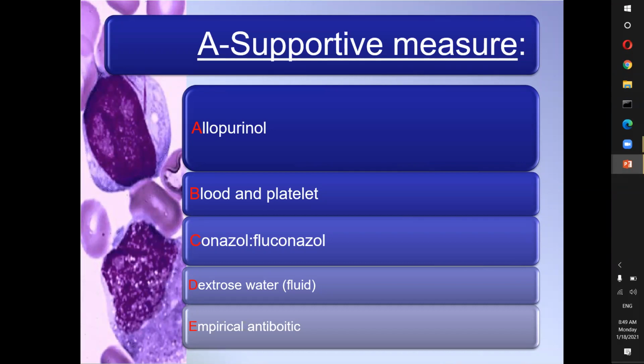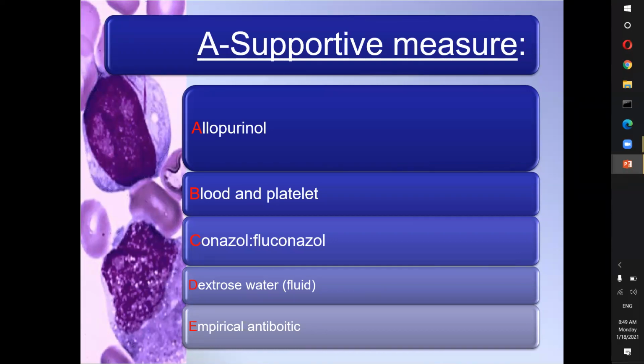A, allopurinol. B, blood and platelet. You know that they need blood and thrombocytopenia transfusion. This is B. A, allopurinol, B, blood and platelet. Because of the suppression of white BC,